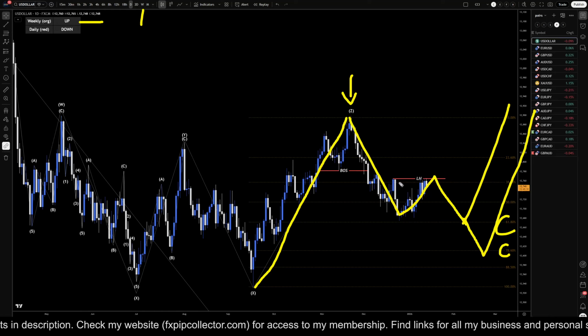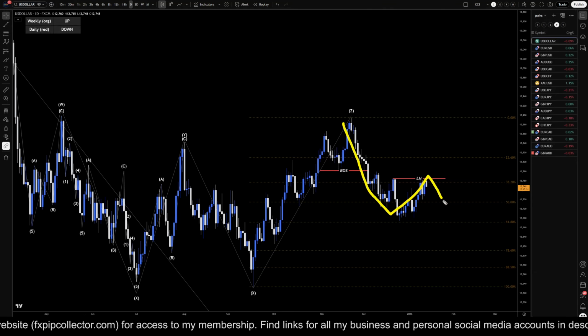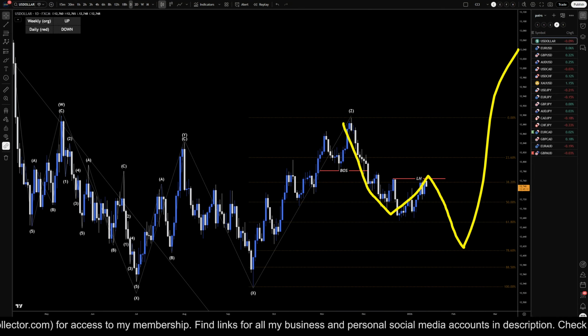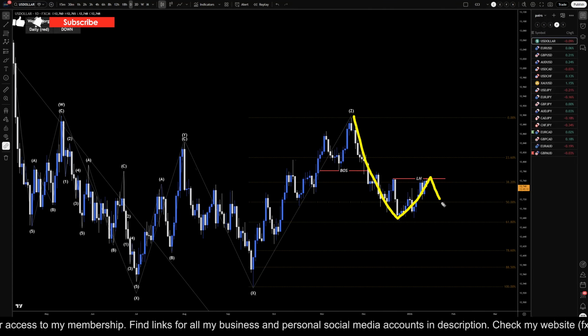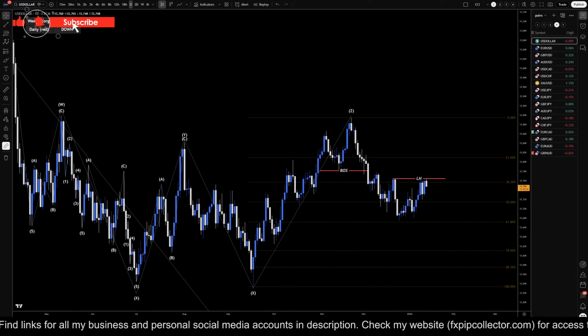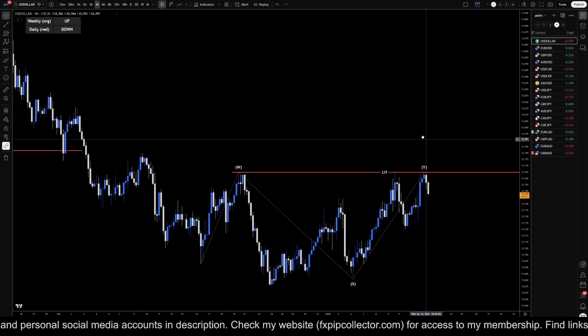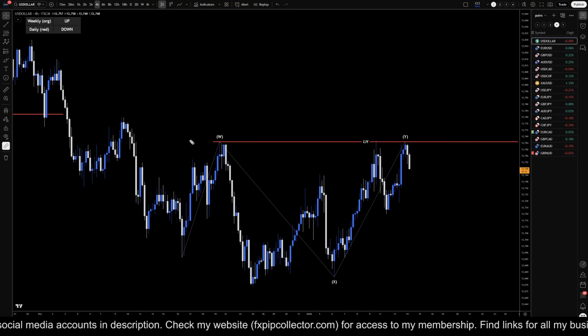up. So either way, you kind of trade this exactly the same because an A, B, C would look like this, and then up, a 1, 2, 3 would look like this, except it would keep on going down. So at this point in the market, it really doesn't matter too much whether it's an ABC or a 1, 2, 3. If we take it down to the 4-hour time frame, it definitely does look like a